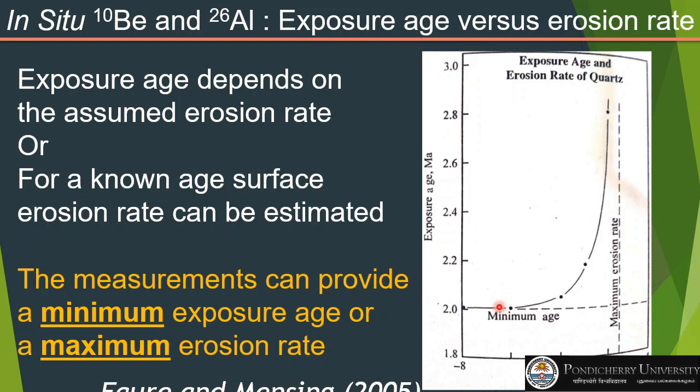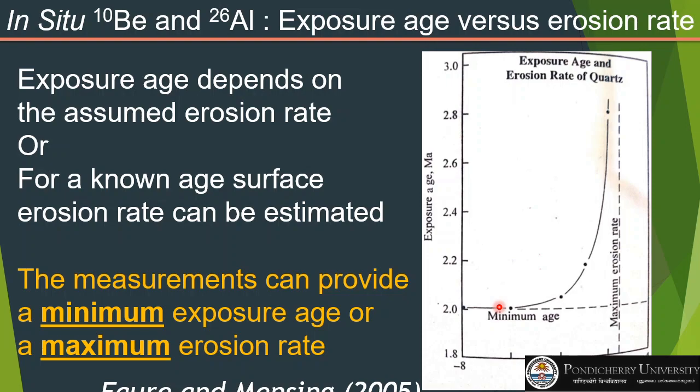It could be related to landslide, it could be related to glacial retreat. It could even be related to a new lava flow, because a new volcanic eruption can also provide a new surface, because that is a surface eruption. So it creates a new surface. So you can even date the new eruption in a particular area. So whatever is the new surface, you can find out the age of the surface, provided that you know the erosion rate, or you can find out the erosion rate if you know when the eruption took place or when the surface actually formed.